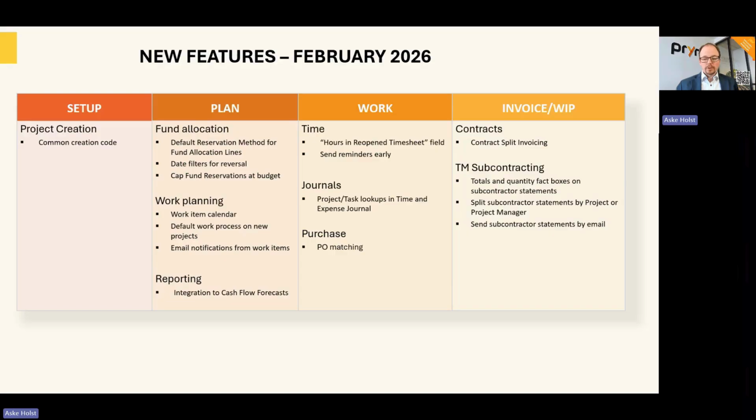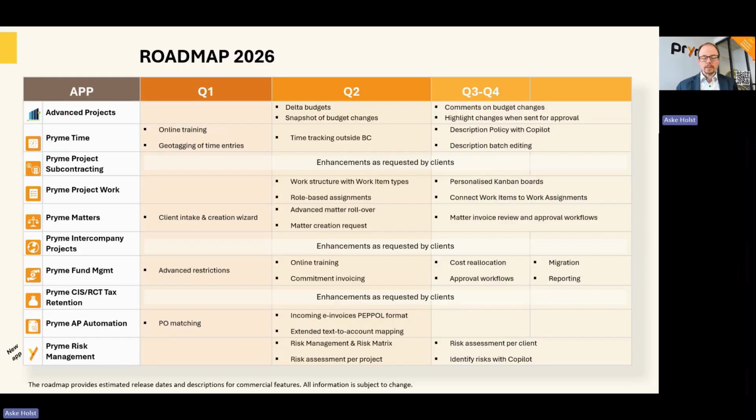These were the features I wanted to show you today. Let's shift gears a little bit and look at the future. So this is our roadmap for 2026 across the different apps we offer. I'll not go into detail of all the changes that are coming. I'll try to focus on what I think is mostly relevant in the